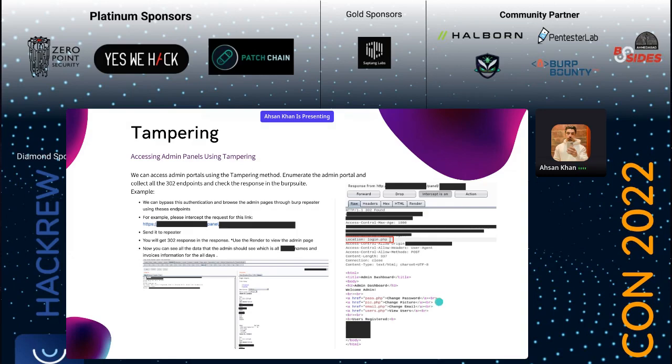Okay, that's great. So we can access the admin panel using the tampering method too. Enumerate the admin portal, collect all the 302 redirection endpoints, and check the response in Burp Suite. This one is really common, but when you are doing